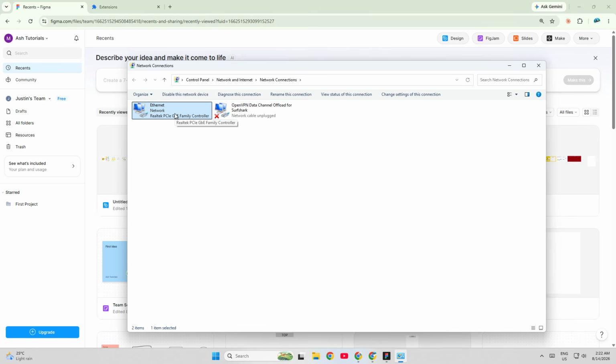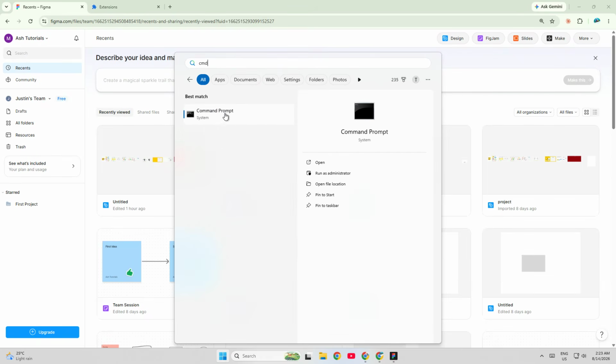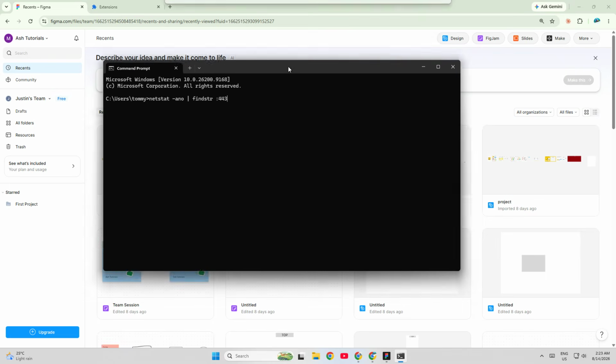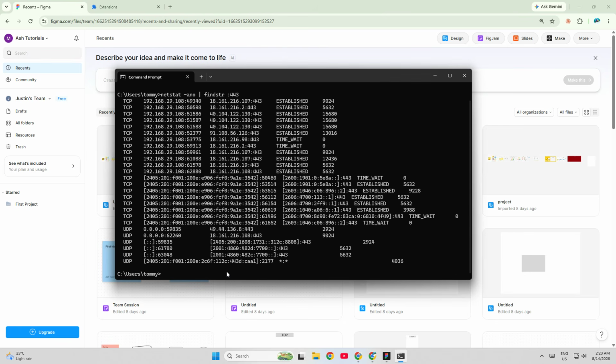not Figma itself. Next, if you're on a restricted corporate or school network, you may need to check port 443. This port is essential for secure web traffic, and if it's blocked, Figma may not be able to connect properly. In this case, contact your network or IT team and ask them to unblock port 443 and Allowlist Figma.com. That simple change can often fix the error immediately. If you're at work or school, this step is especially important because firewall rules and content filters often block design